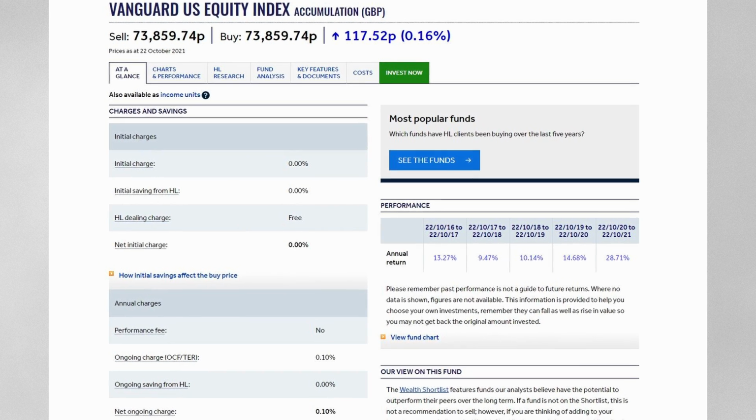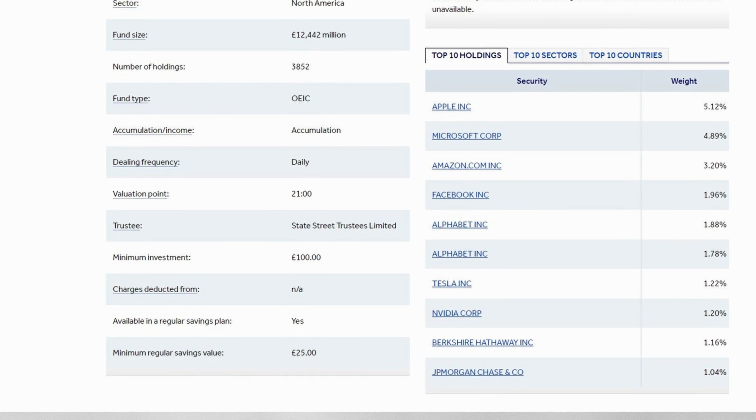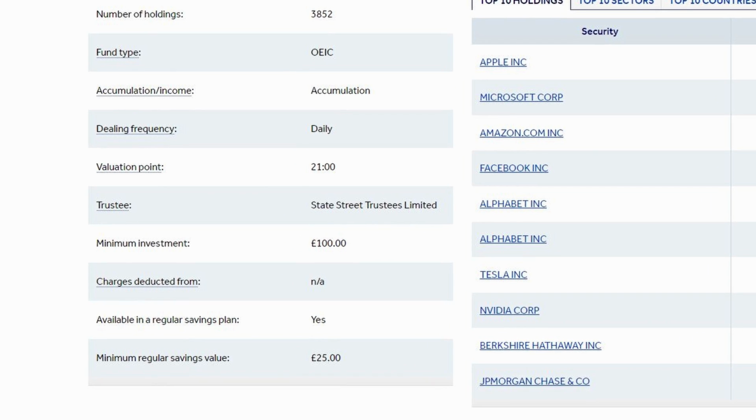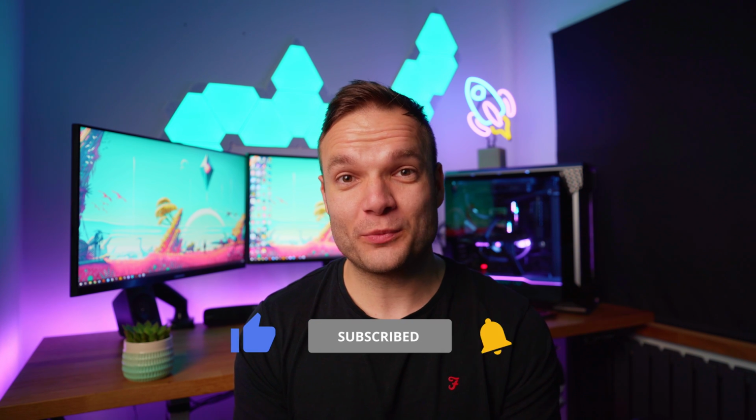This is Future Toby. Just to come in very quickly, though this fund that I mentioned available on the Vanguard website is actually available on other platforms, and I've also found it on Hargreaves Lansdown, and it may be available on other brokers too. One of the benefits from buying it on another platform, in this example Hargreaves Lansdown, is that all you need to do is invest a £100 lump sum or £25 of regular payments. So if you were looking to get into this fund and you didn't necessarily want to open up an account with Vanguard and you wanted to go with another broker, this could be a good way to do it. Back to you. Other than that, it could be a potentially really nice long-term hold, this one, but